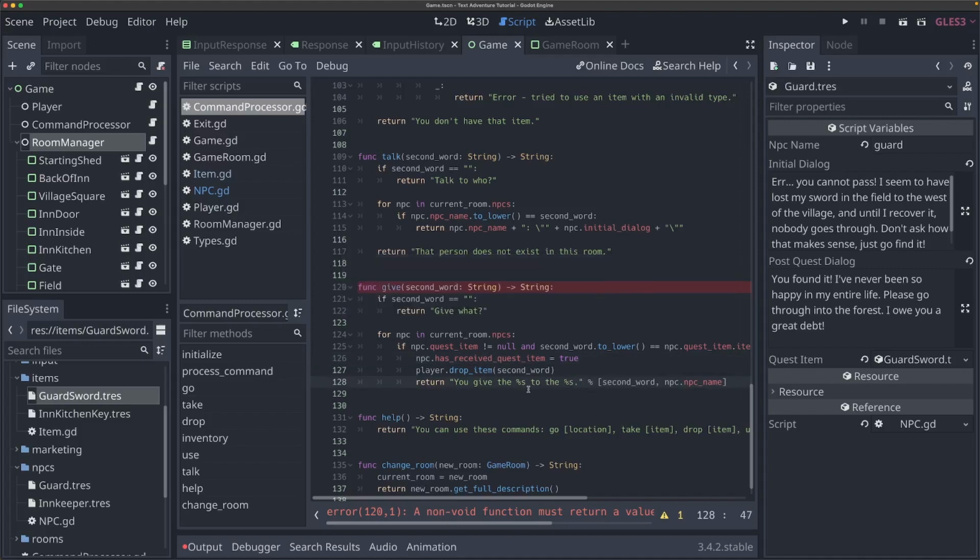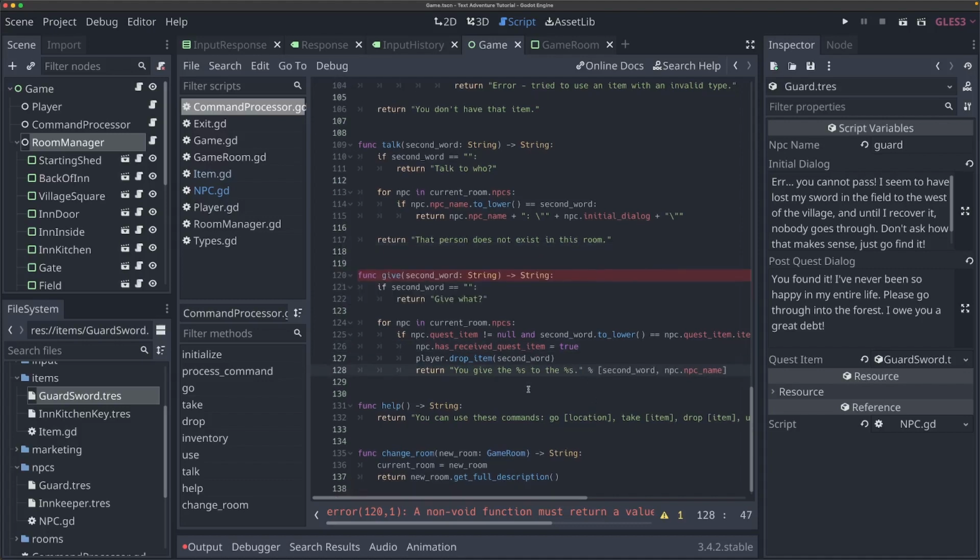I'm going to add a period right there. And it's going to really inform the player to make sure they know and have some confirmation like, hey, you've given this item away, you no longer have it. Now, this is really good. And this is going to be a good start. We can actually give an item